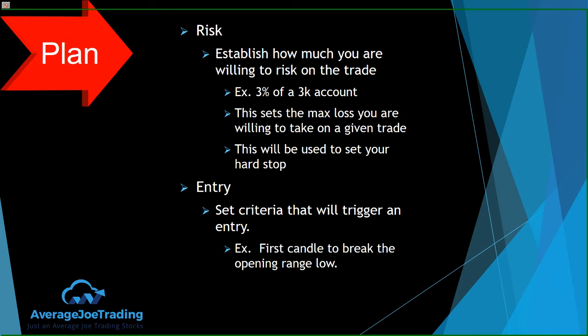Now, on a $3,000 account, I'm risking 3%, which is $90. So I'm risking between $90 and $100 per trade. Now, that's all I'm risking. And even though my account grows throughout the month, I'm still only risking 3%. Whatever I start the month with, that's the risk that I'm using. So next quarter, when I start trading with $5,000 a month,